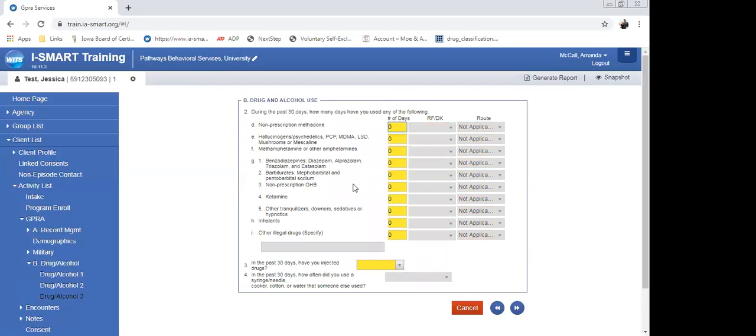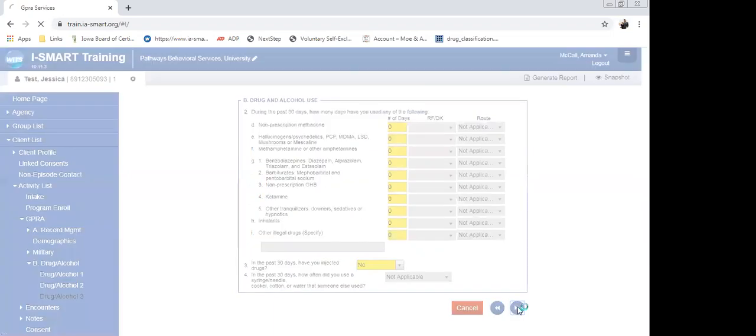Again, the different medications or prescription drugs that they could be using or abusing. Since these are 0, I'll pop down here to 3. In the last 30 days, have you used any IV drugs? And that's a yes, no, refused, or missing data answer. And no. If that was a yes, then it would pop the next question up as well. Have you used a syringe or needle, cooker, cotton that was used by somebody else? The next page